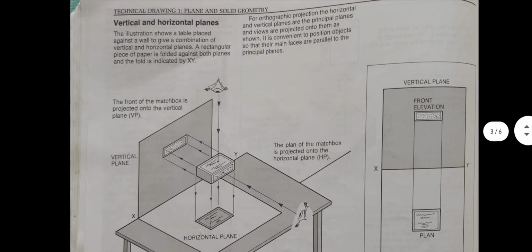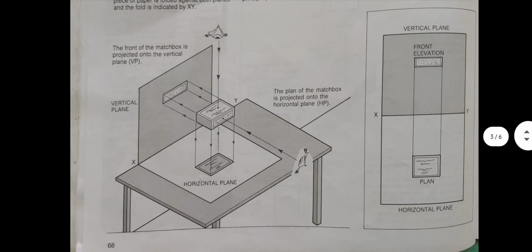So whenever you're drawing objects in orthographic projection, you're always going to be making use of the vertical and horizontal planes, right? What are the vertical and horizontal planes? If you look at the